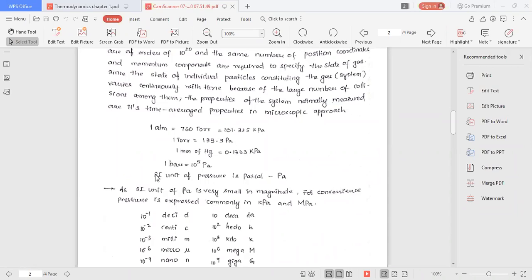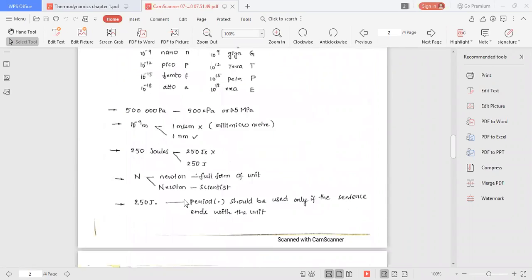Pascal, madam. No, no. You can measure 1 atmospheric pressure in terms of 1 ATM, right? What is 1 ATM? Is it an SI unit or a CGS unit? This is not an SI unit. This is not a CGS unit. Why? Because this is a standard unit for pressure.